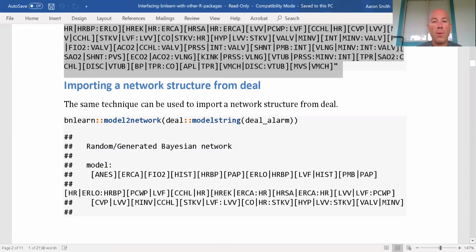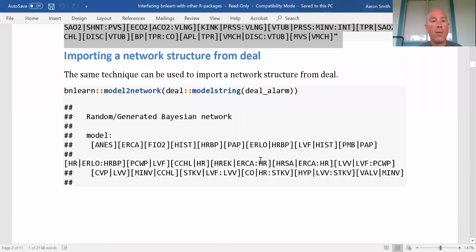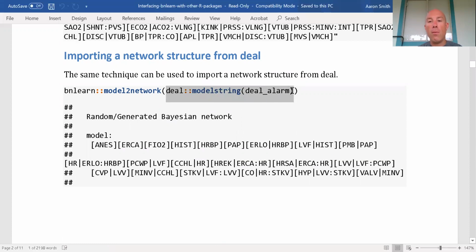All right, well, it's the same thing. What I do is I take a model string. So here, I take the model string from the deal model, and then I just pass it to the model to network format. So here is my model in the deal package. This is the character string that we just looked at a moment ago that tells me the relationship between all my variables. All right, so I have that character string. Now, if I pass it to the model to network,